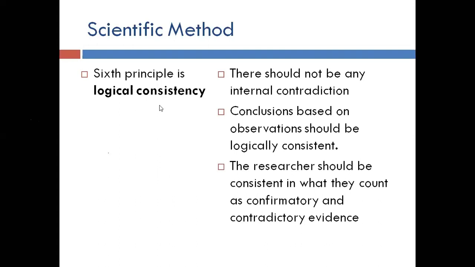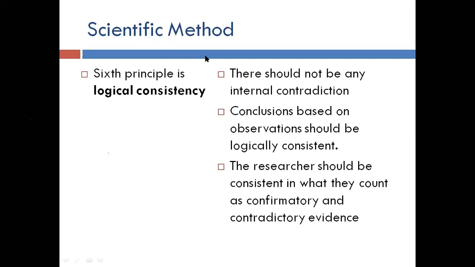We should be very sure about what we are talking about, what we are proposing, or what we are concluding. We shouldn't have any internal contradiction in what we are saying or concluding. And another very important issue in logical consistency is that the observation must be logically consistent. I have talked about this logical consistency of the observation earlier, but it shouldn't contradict other observations at the same time